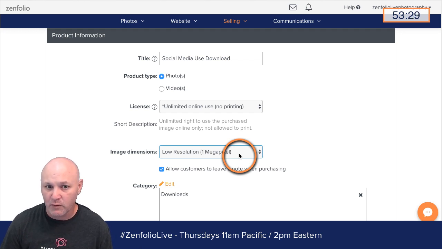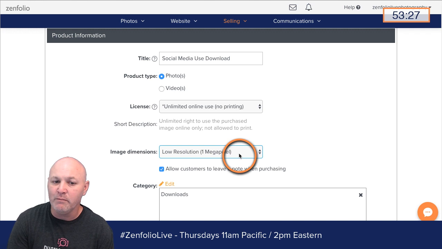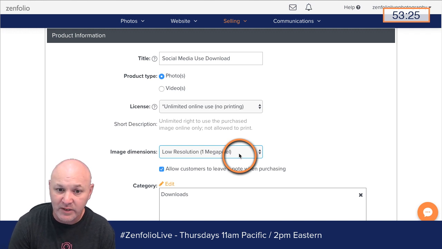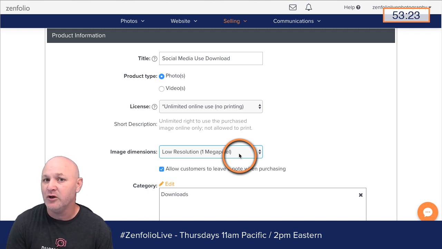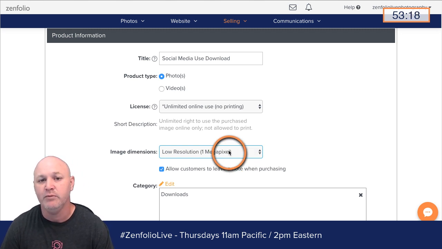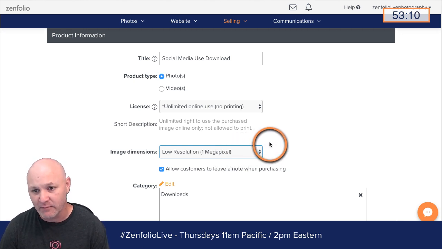If you're not doing order approval and your images don't meet that 1 megapixel requirement, then your clients are not even going to be able to purchase the low resolution download, because the preview image that you uploaded is too small. So how do you know what size your files need to be to meet that 1 megapixel requirement?